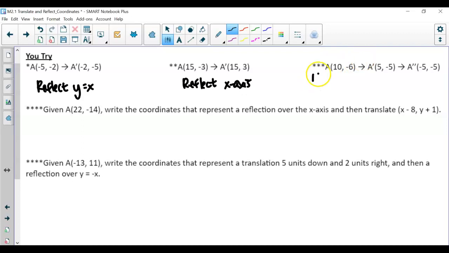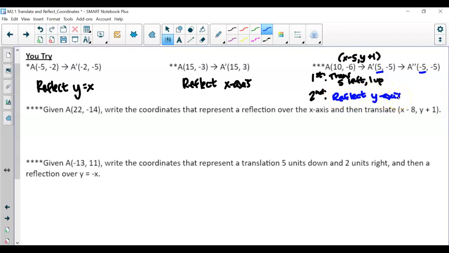Now here we had a double, so first and second. First, you should have noticed, is a translation. You had x minus 5, subtract 5 from x, and add 1 to y. -6 plus 1 is -5. So here you are translating 5 left and 1 up. Then from here, we kept the y, but changed the sign of the x coordinate. So this is a reflection over